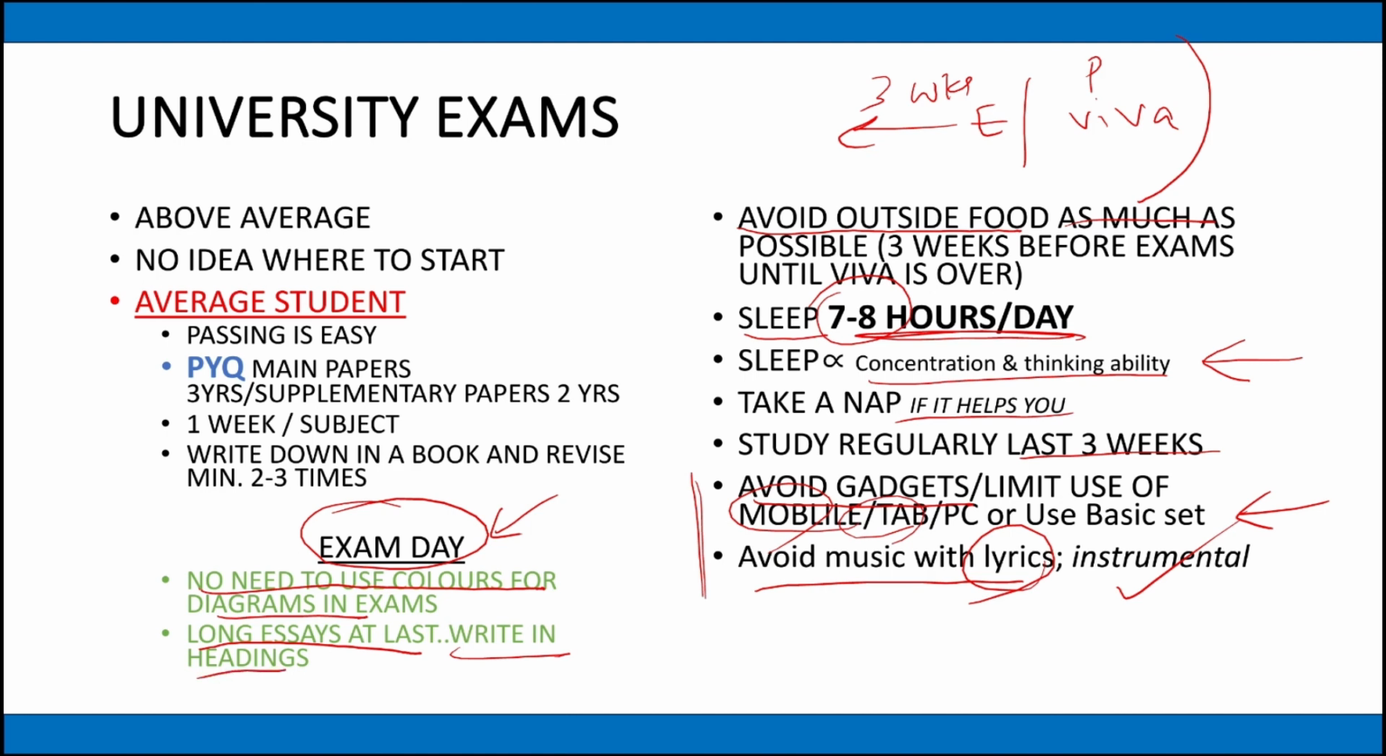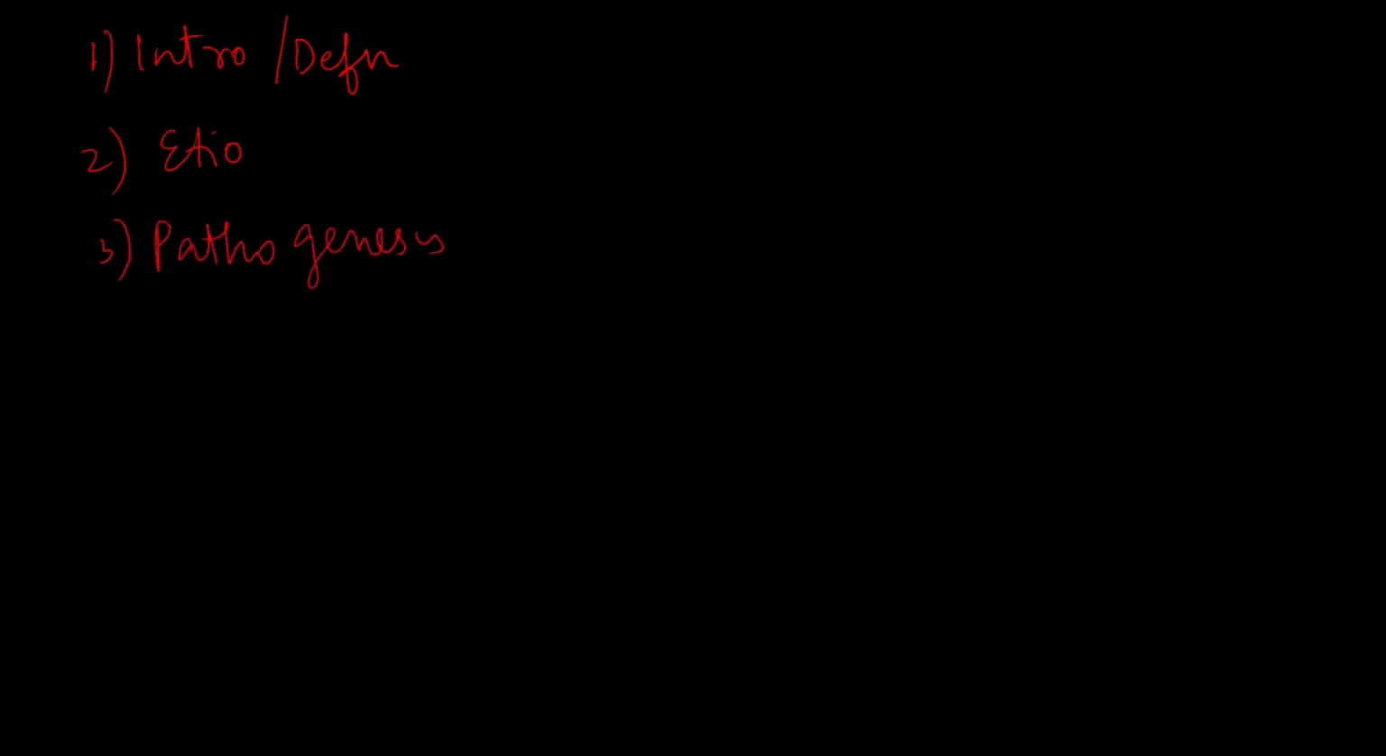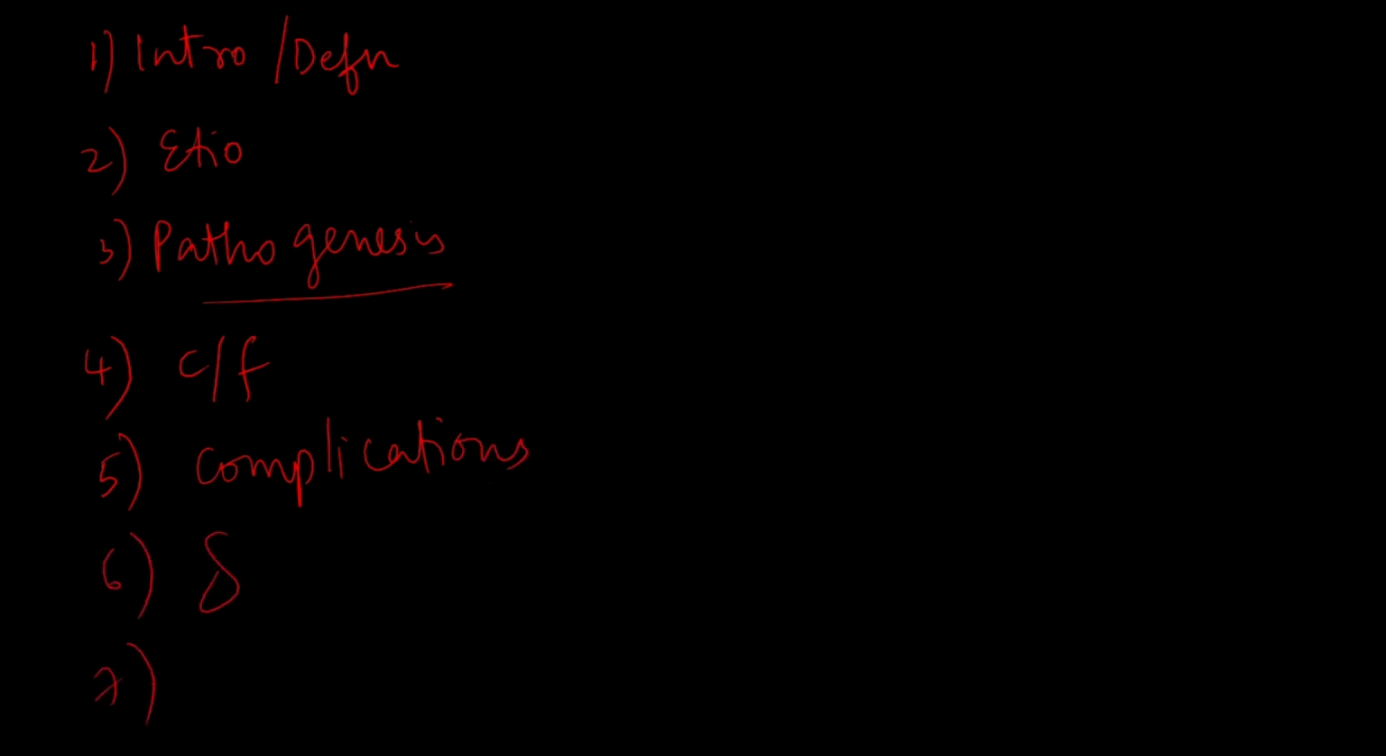What I mean by write in headings is you can start by giving an introduction or definition, etiology, pathogenesis. Then you can start off by giving a flow chart, or usually incorporate flow charts or diagrams in this pathogenesis, clinical features. Next is complications, diagnosis, treatment, prevention,